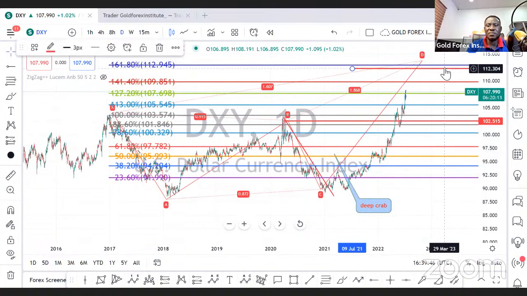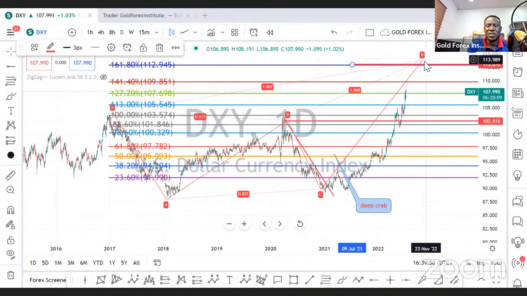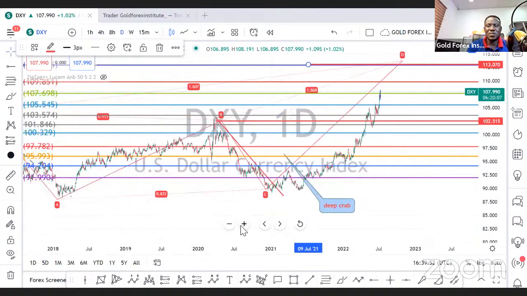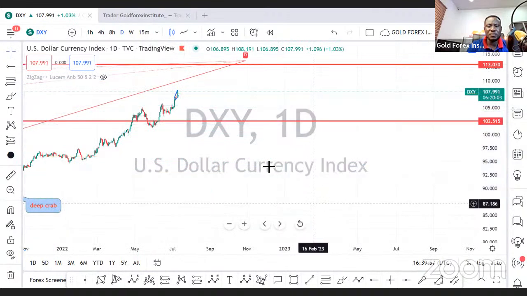However, on the leg from C to D, when we try to open up the